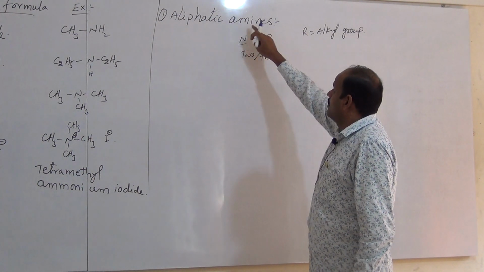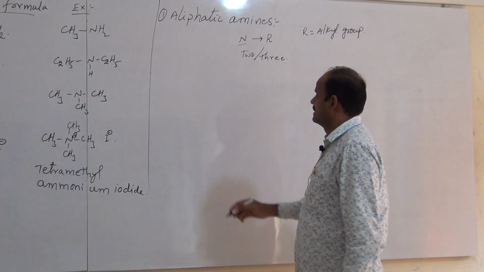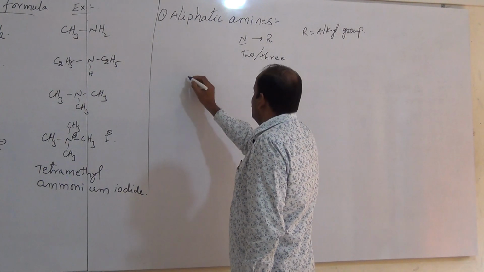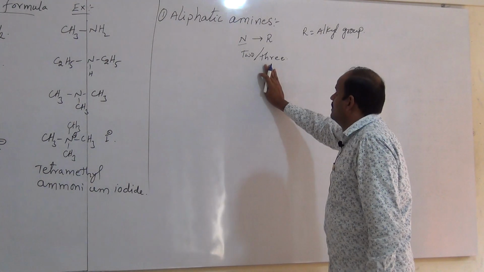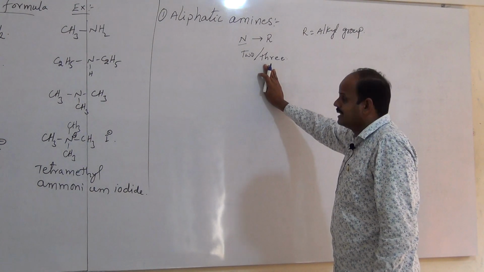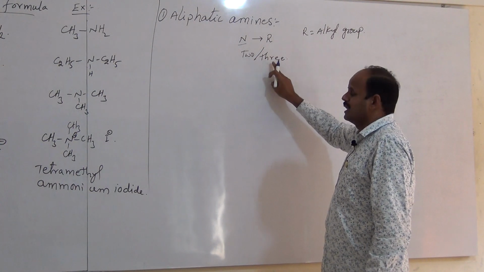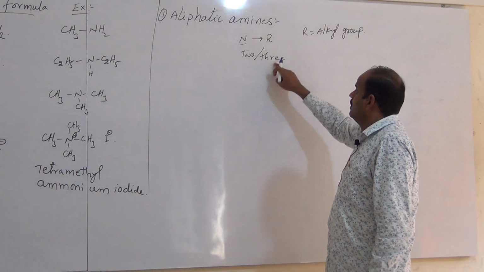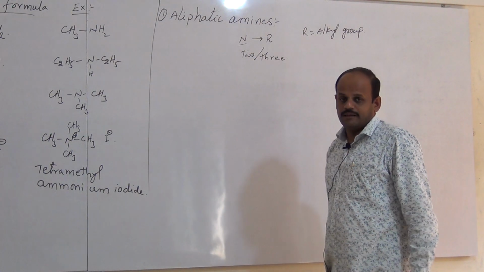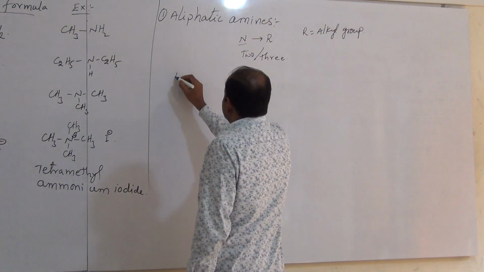Thus the definition is: the amines in which the nitrogen atom is attached to 1 or 2 or 3 alkyl groups are called aliphatic amines. Examples: